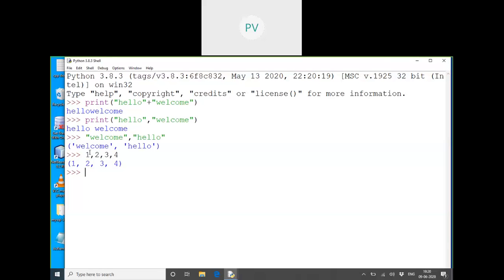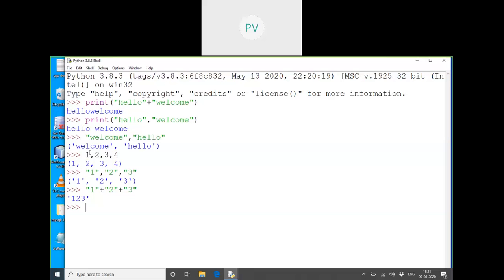Not list, tuple. It's taken like a tuple object, right? But if I take 1, comma, this is also the same concept. It is also like a tuple only, but a tuple of string type. But if I take 1 plus 2 plus 3, so how many objects are created here?